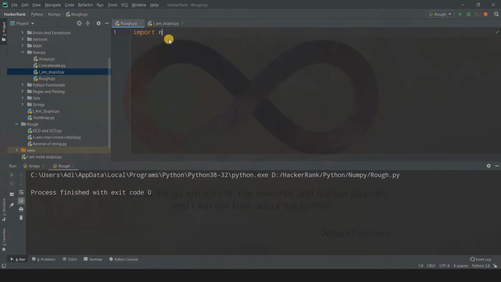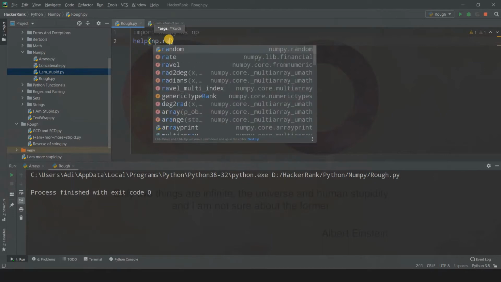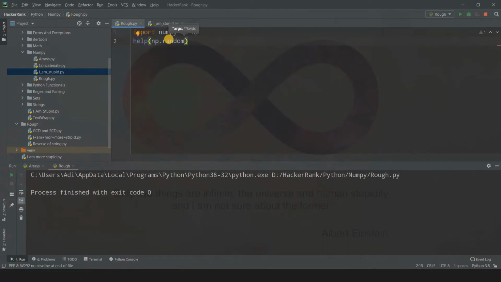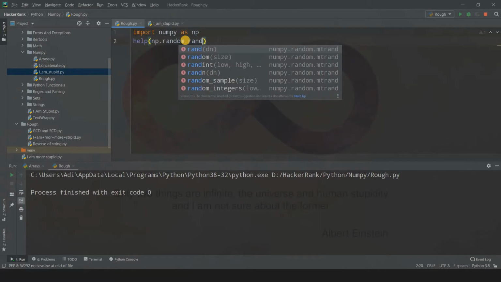First of all, let us import numpy as np, and let us get some help from PyCharm. Remember, first of all, you need to get access to the random module. To get access to the random module, you need to write np.random. Now you have access to the random module, but you want to get access to the functions in it. So this whole np.random is a module. To get access to a particular function in this module, you write the module name, dot, the function name. So after random, give one more dot and write the function name. The function name is rand, as I told you.